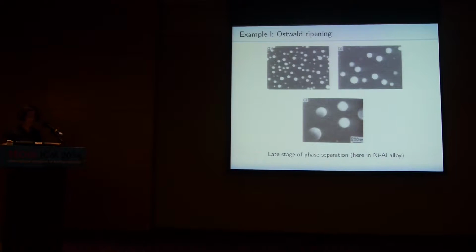So what's that? Here you see a picture of an experiment in a nickel-aluminum alloy. What happens if you have a system of, say, two components that's uniformly mixed at high temperature, but if you cool it below a critical temperature, then phase separation takes place. And what happens is that small nuclei or droplets or particles, as I will call them in the following, of nickel-rich phase, these are the white droplets, are formed. And the background phase is the aluminum-rich phase.